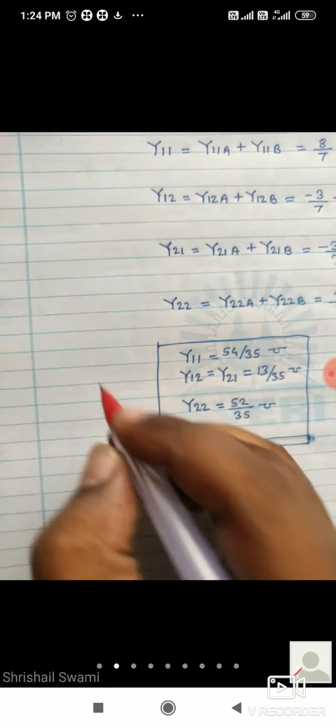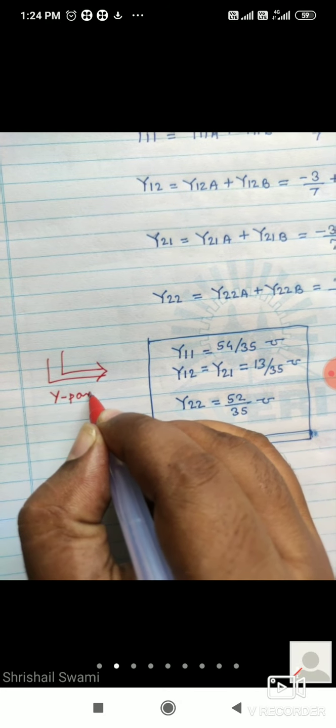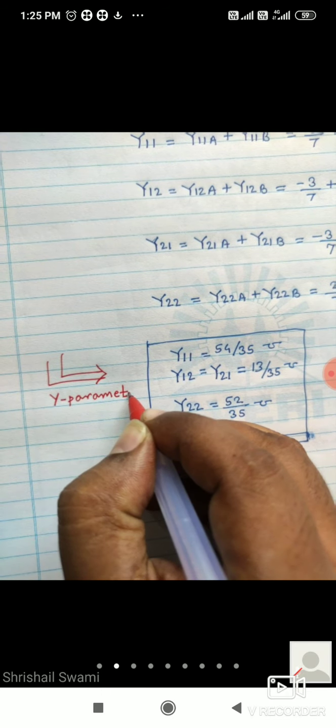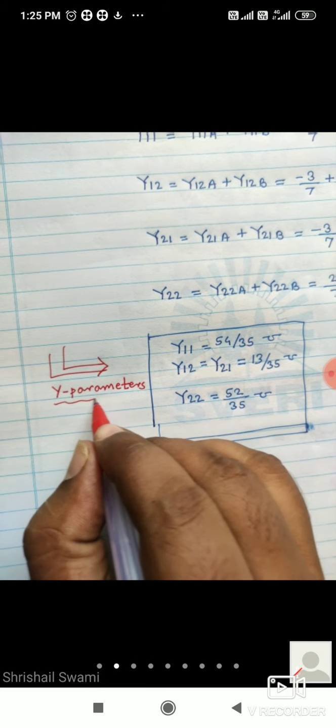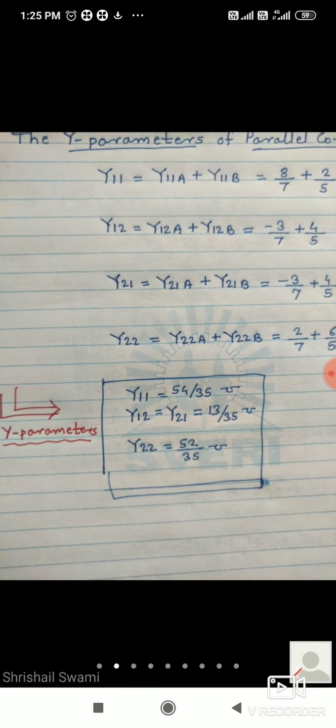Okay, so still many problems are there, but I have already given all these problems in the assignment. In the assignment booklet you can start to solve the assignment. So any doubt is